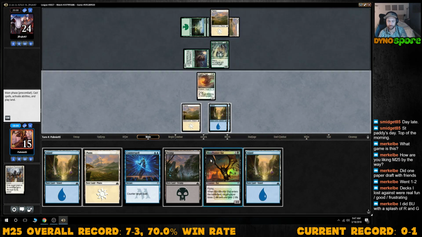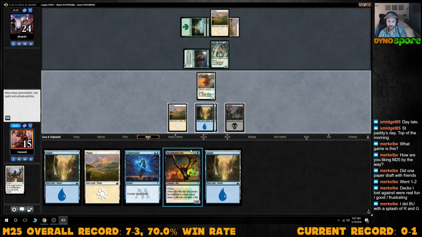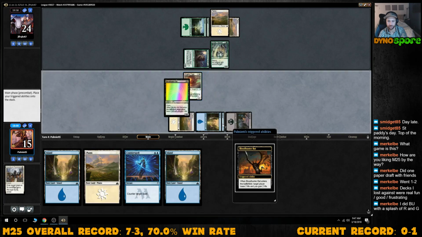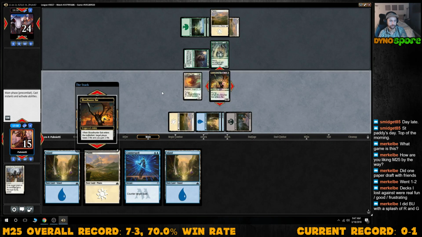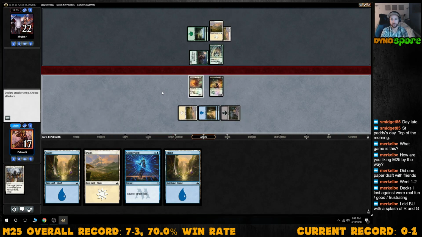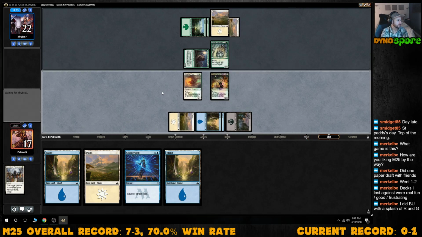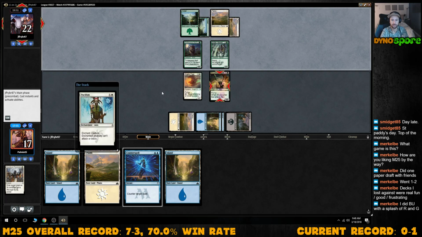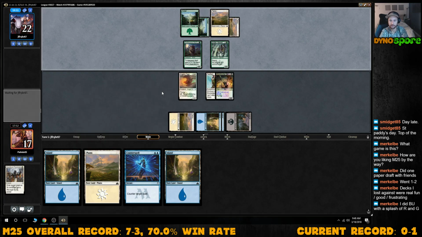I know it's not the most mana-efficient thing, but now we can make this into a 3/3. Drawing a Sift or something would be pretty good. We need to find some action here. If they have an assembly worker this turn, that's going to suck. Okay, that sucks too, but